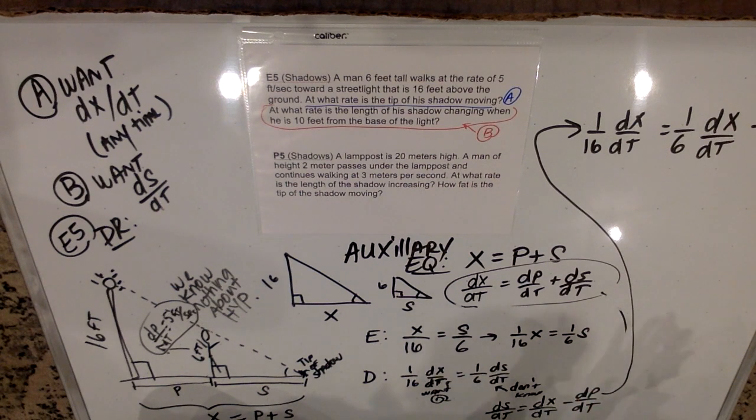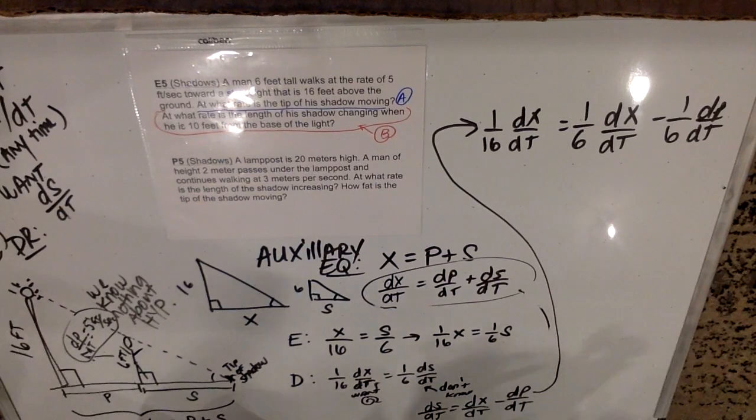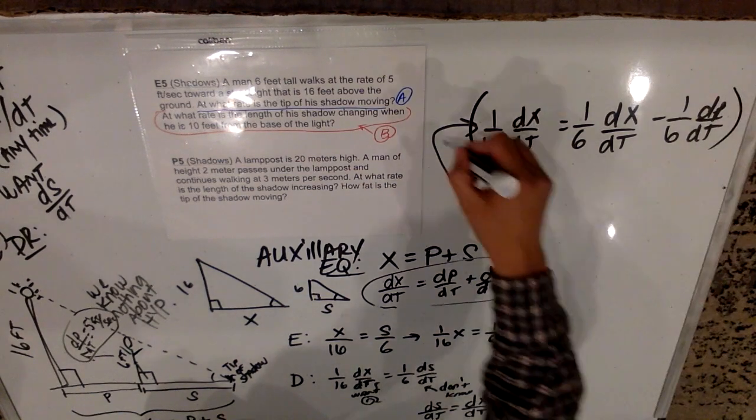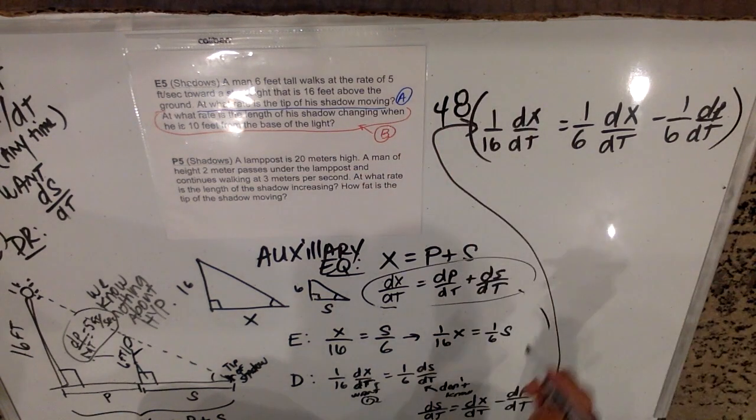So it's up to you. I'm not a huge fan of having all of these fractions. One way you can get rid of all these fractions is by multiplying by the least common multiple of 6 and 16, right? So that's one option, which would be 48. If you multiplied by 48, 48 has both 16 and 6 as a factor, and what you'd end up